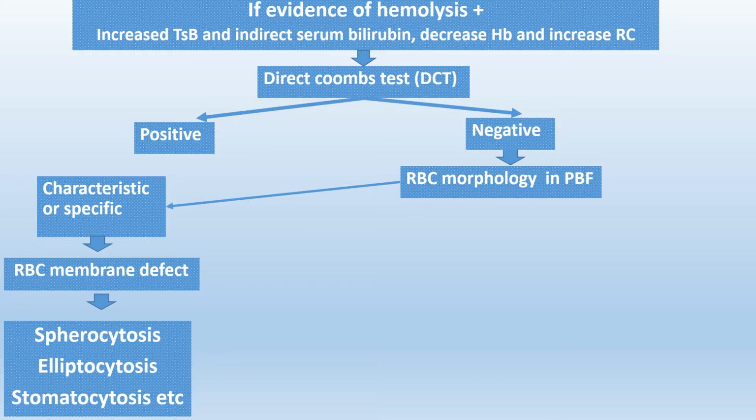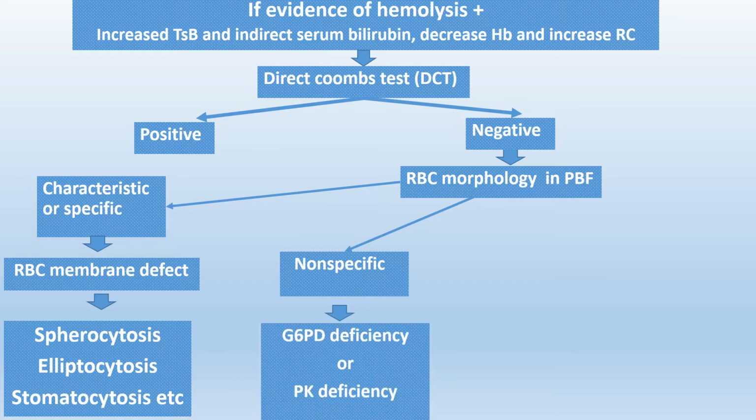Elliptocytosis, stomatocytosis, all these are RBC membrane defects. If the RBC morphology is non-specific, then you have to go for G6PD deficiency and pyruvate kinase deficiency. So go for all these enzyme levels. And for confirmation of RBC membrane defect, for example in hereditary spherocytosis, we have to go for the osmotic fragility test and